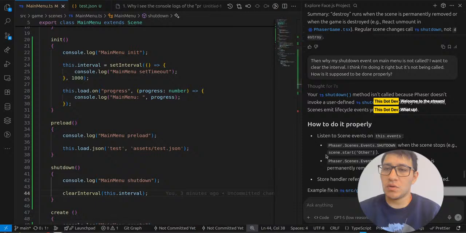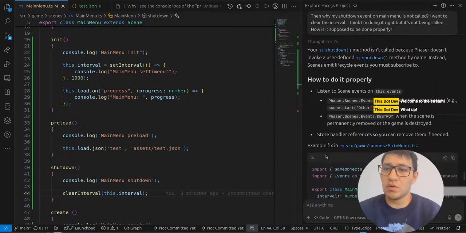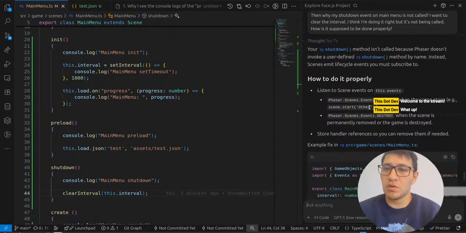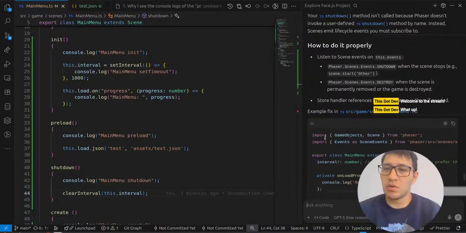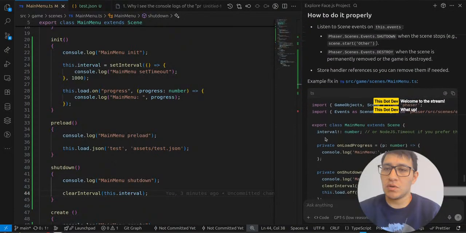Listen to scene events. On these events, Phaser shutdown when the scene stops. Store handler references so you can remove them if needed. Example fix in